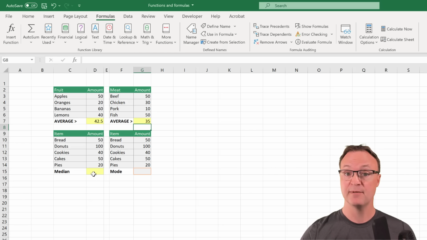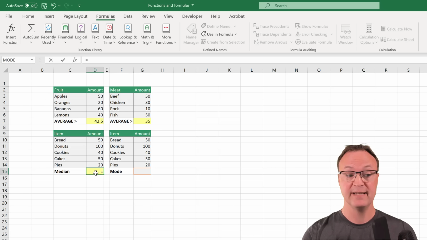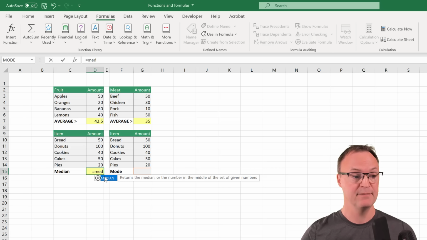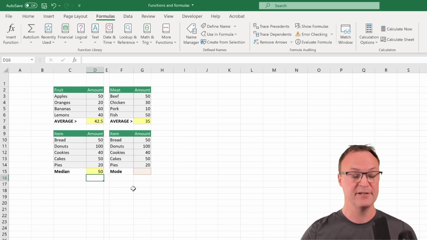And we have a function like formula, where if I go in here, I'll put my equal sign and I'll start typing median, and then I'll double click on this, and what my range is going to be through here, enter, it gives me my median as 50,